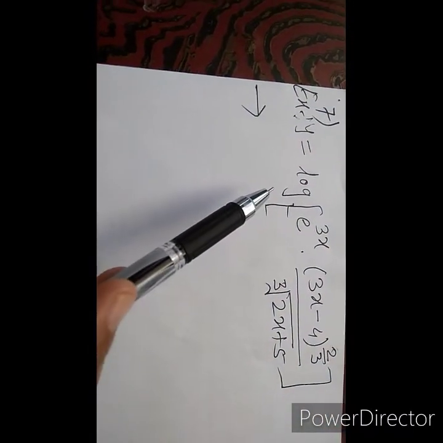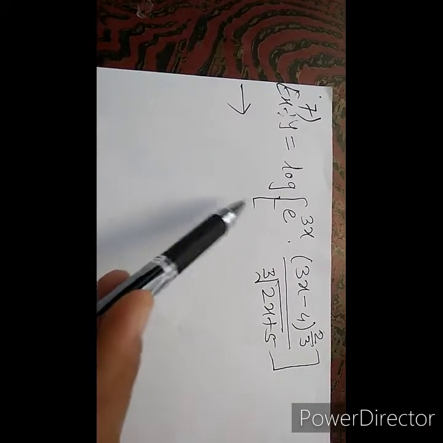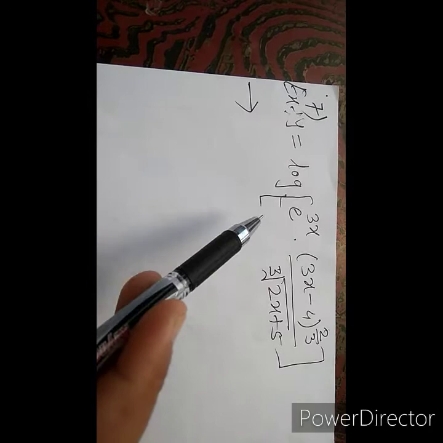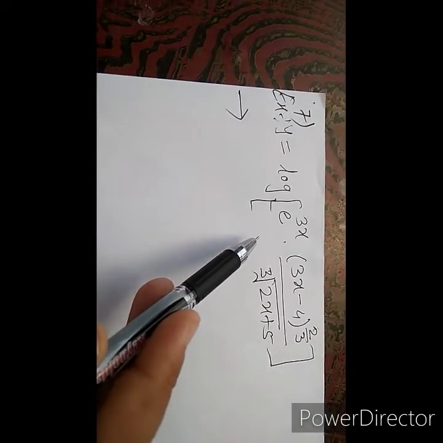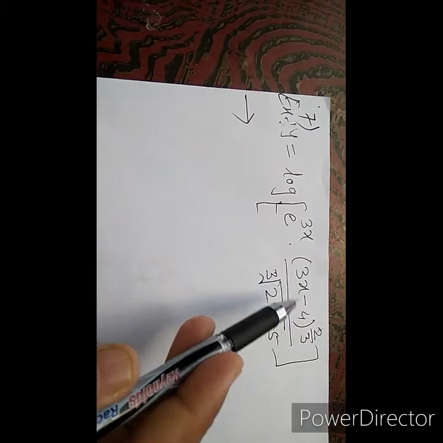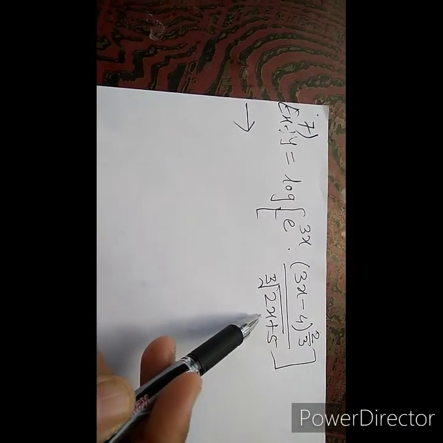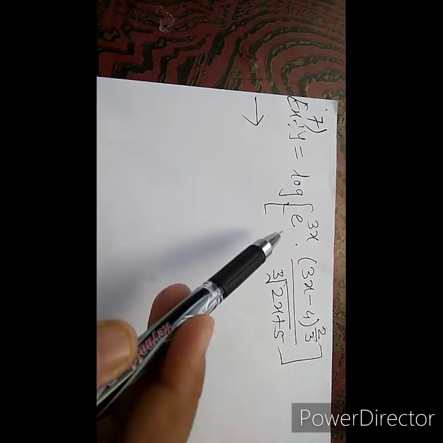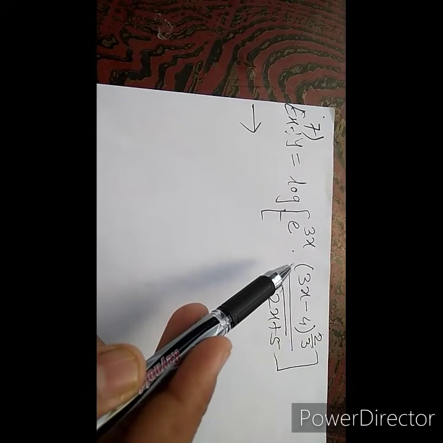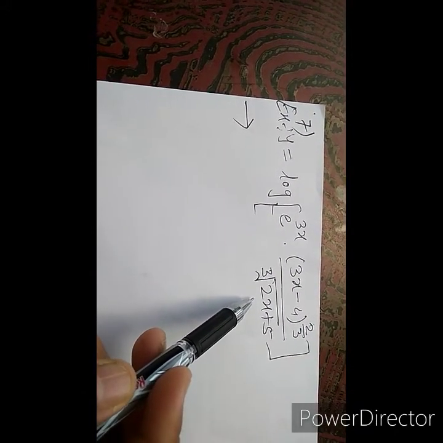Now you have to solve this example as homework, and let us see this example in the next video. y is equal to log of (e^(3x)(3x − 4)^(2/3)) upon the cube root of (2x + 5). I repeat, y is equal to log of (e^(3x)(3x − 4)^(2/3)) upon the cube root of